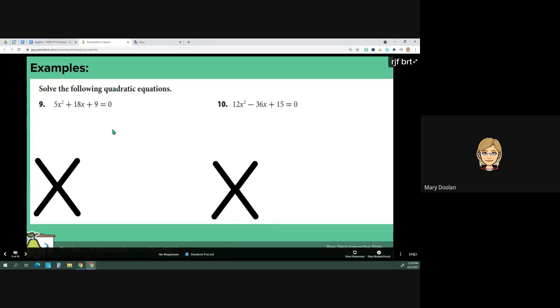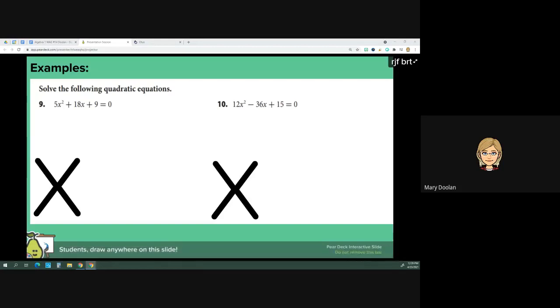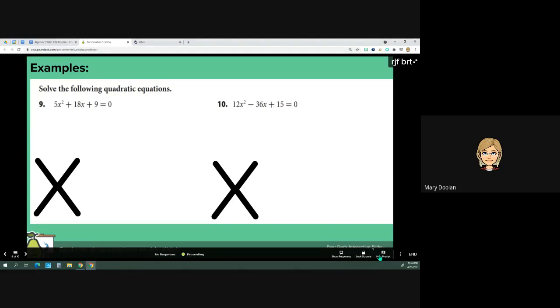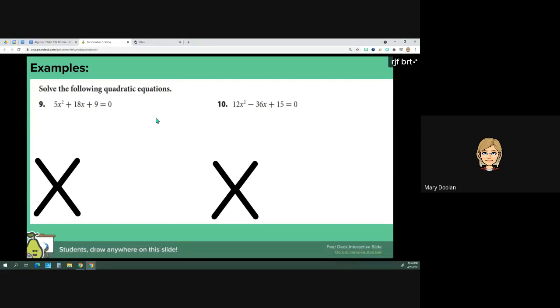So we're going to do one of these together step by step. So I'm going to move you guys forward to slide 9. We're going to do number 9 together. We have 5x squared plus 18x plus 9 equals 0. And so